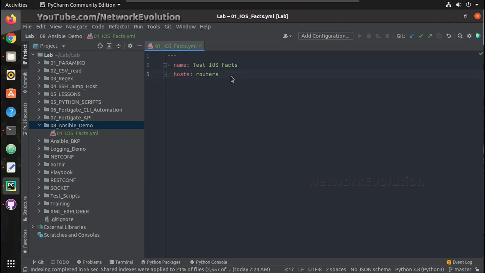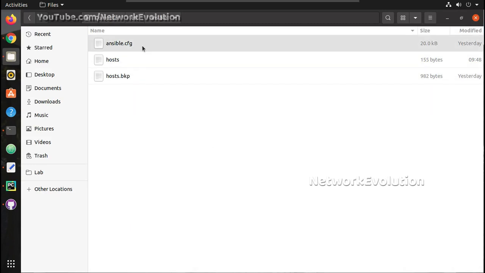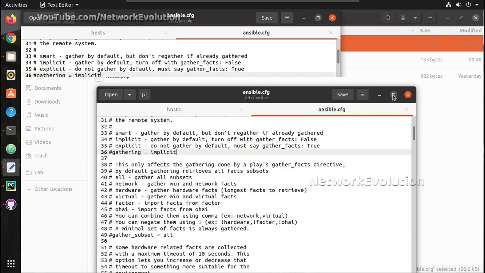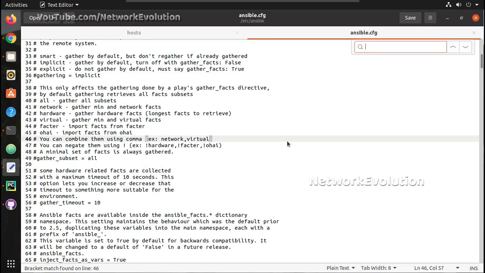So you can see with these two lines, I'm able to get facts, but nowhere I have mentioned facts here. For that, we can go to the Ansible configuration file, and let us search for get facts.